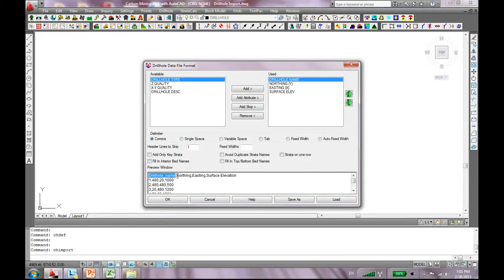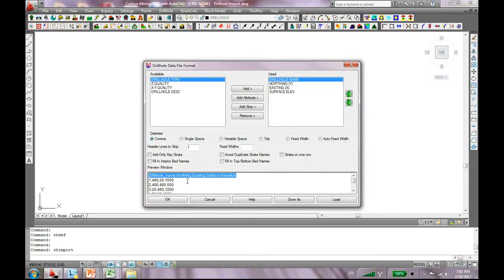You have the drill hole name first, then northing, then easting, then surface elevation, and they're comma separated, so I chose that comma delimiter. And header lines to skip one, because this line over here is not borehole data information, it's just a header to show what kind of data we have